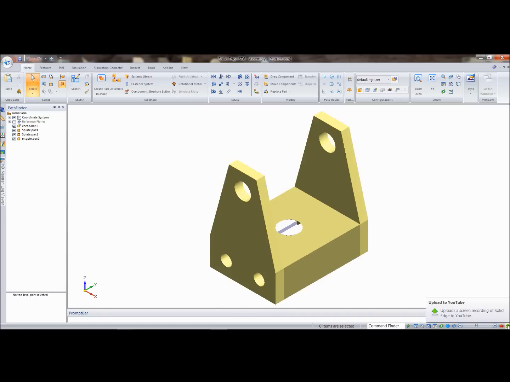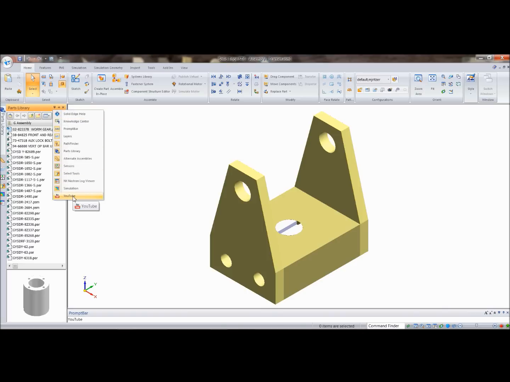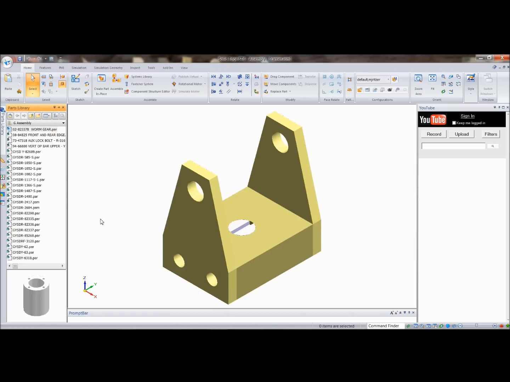So if you've got a YouTube account, you can create these videos and then you can push them up onto YouTube very easily, right here in Solid Edge, without having to leave Solid Edge. So the record button here, and there is a Pathfinder sidebar, edge bar, called YouTube, and this allows you to search for items within the YouTube environment and look at them. And then it also allows you to record from here and then upload those things